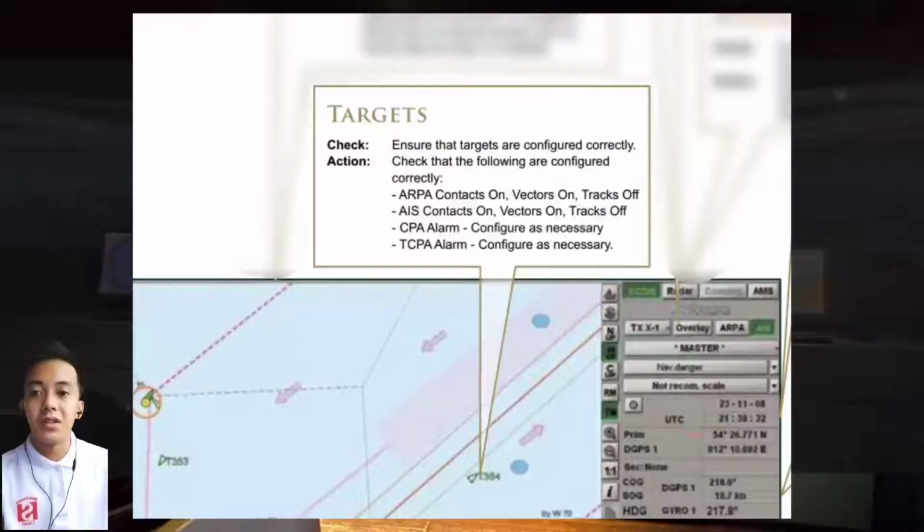ARPA contacts are on, vectors are turned on, tracks are turned off. AIS contacts is on, vectors are on, tracks off, and CPA alarm configure as necessary, and the TCPA alarm also you configure as necessary. Next